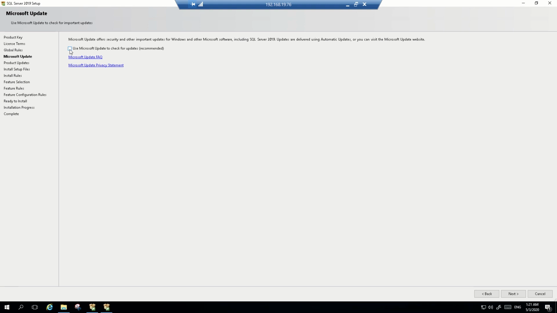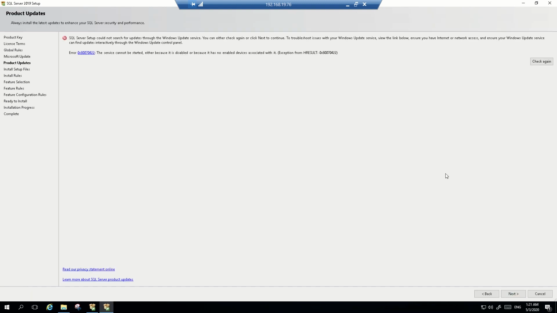Microsoft Update. This slide gives you the option to select and install all the latest SQL Server patches, CUs, and service packs along with the installation. You need not upgrade your SQL Server instance to the latest version after the installation. It will do it during the installation only. But for this, your server or system needs to have internet connectivity. Most of the time, our production servers will not have internet connectivity, so we can't use this option on our servers. So we are leaving this option and moving next.